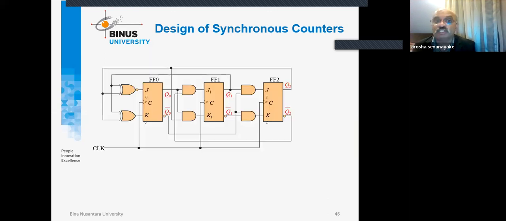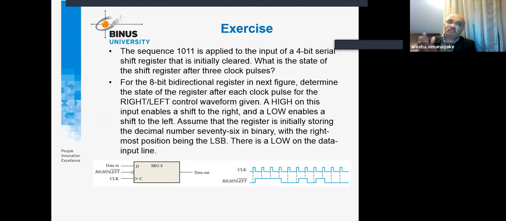We have to obtain using Karnaugh map, and then we have to connect appropriate combinational circuits. For example, J0, K0 in this case is exclusive OR, and J1, K1 just AND gates, and then J2, K2 also just AND. So this you should be able to do it. And then here's just an exercise also given for you